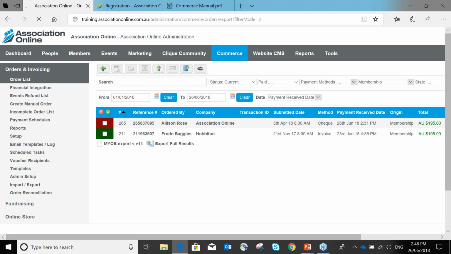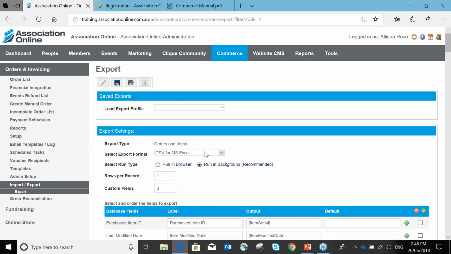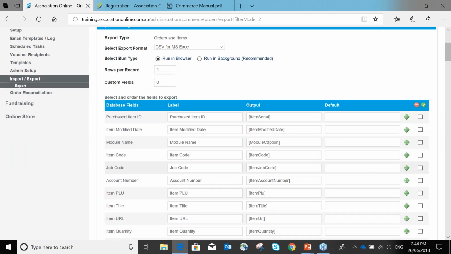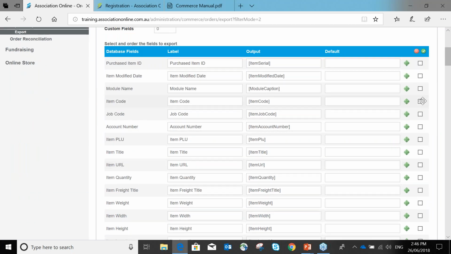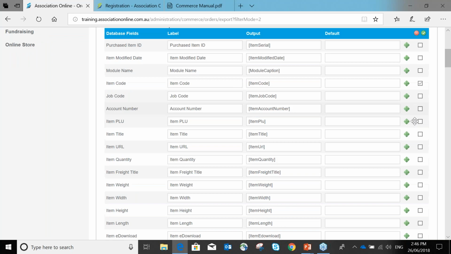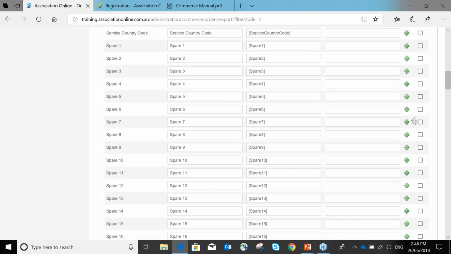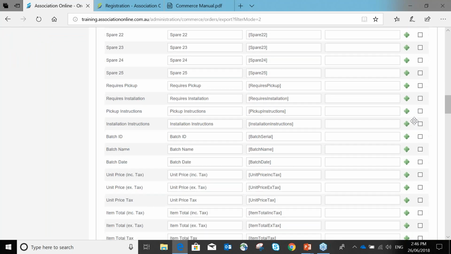So then you can select the export button, and then it will take you to export manager. Okay, and you choose what information you want to pull out of there. I like the codes, especially in commerce. Using those item codes, job codes, account numbers are really handy. If you want to break it down into even more detail, where's